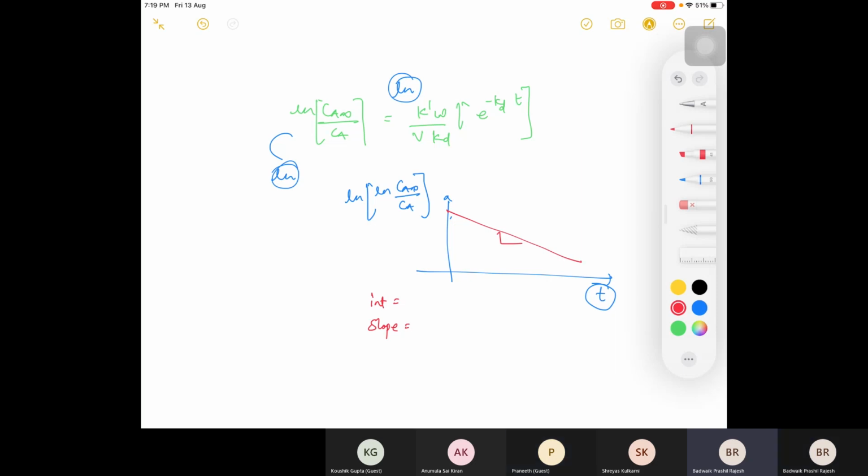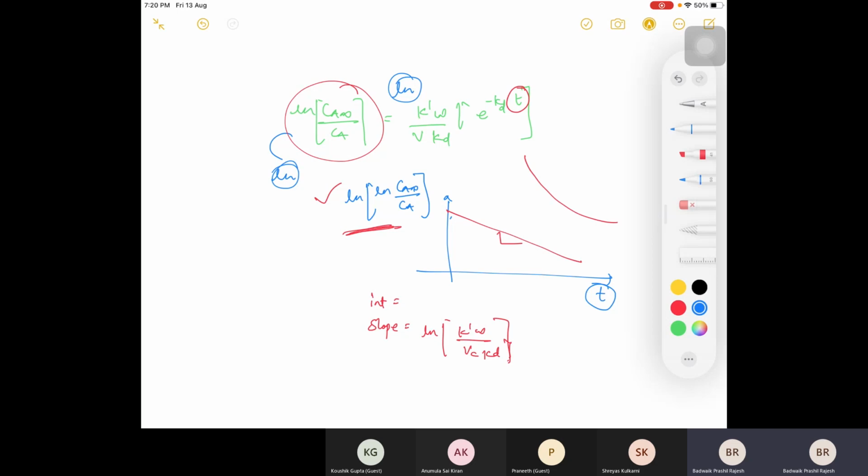Okay. Will it be ln? It is ln, right? Yes, sir. Ln of K' W. So this kind of manipulations you can do, right? Maybe I told you to draw the graph between ln of ln. In the exam they may ask you what your graph is between ln of this versus time. So you need to draw an exponential decay, right? Based on what has been asked in the question, you need to change and tell what your slope is and what your intercept is. Okay, so such kinds of situations will be there.